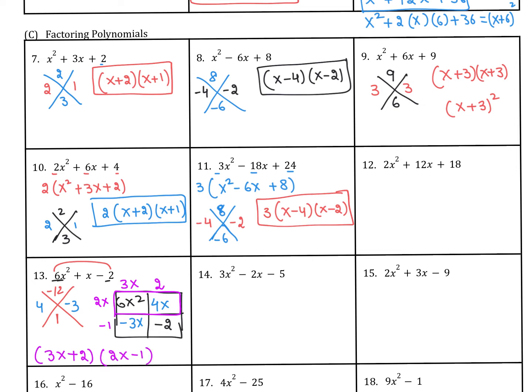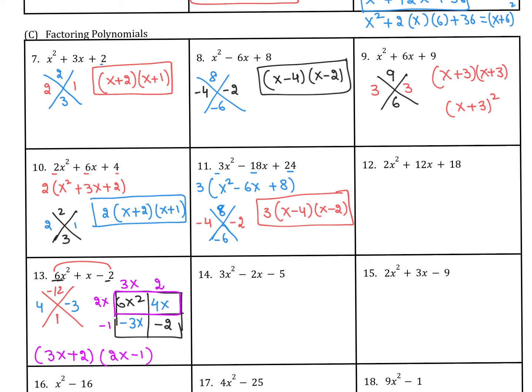You can only apply the cross method if there is 1 in the front. If there is a number in the front and that's not 1, you have to apply the cross and box method. For number 10, the front number was 2, but we managed to make it 1 after taking the 2, or the GCF, out. But for number 13 and 14, we cannot take any factor out, so we have to apply the cross and